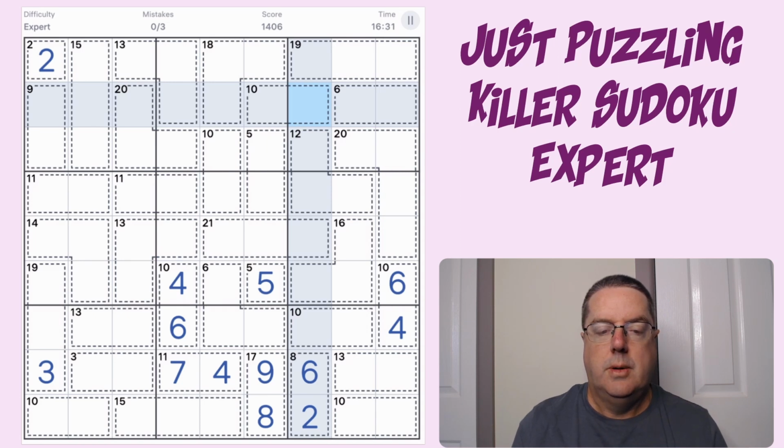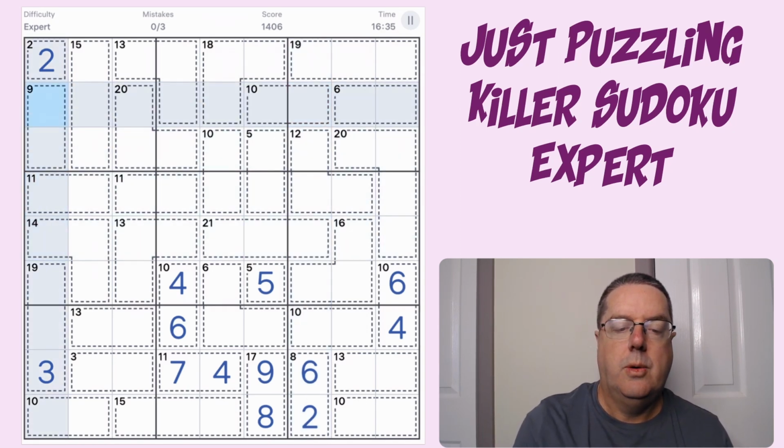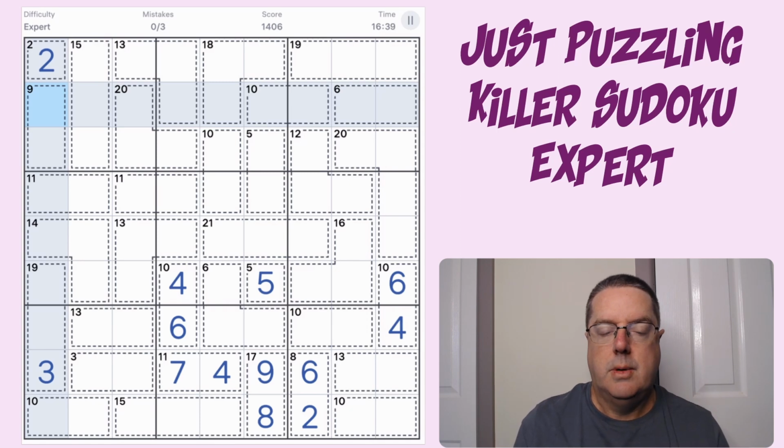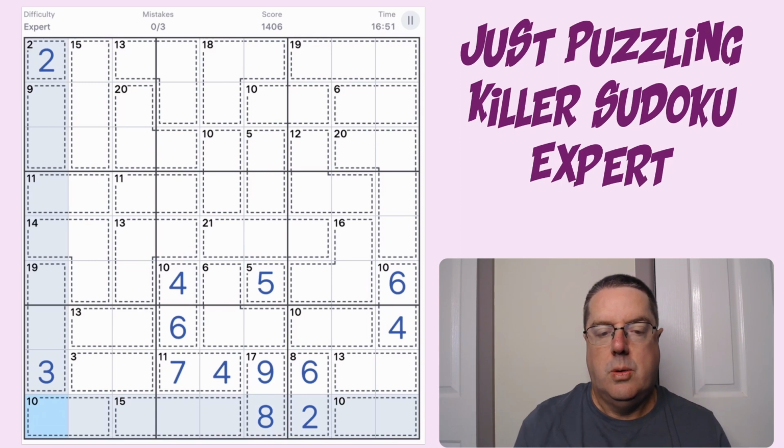Five, 8 cannot be there, so this is going to be 8, 8, 8 or 8, 8, 1, 8, 3, 8, so 19 plus 11 is 30, so 15, so 9, 1,